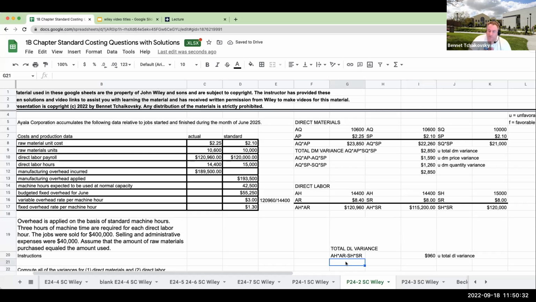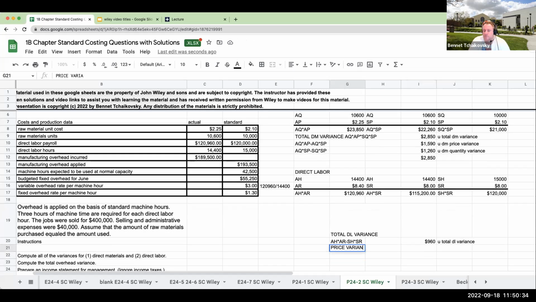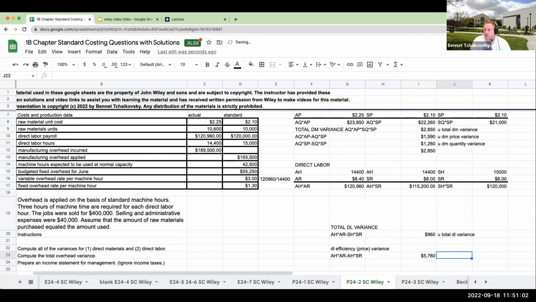So my price variance, or excuse me, my direct labor efficiency is, I'm going to look at the far left value in terms of what I spent. I'm going to compare that to the middle value, which leaves the actual hours constant. And so this is going to give me over here 129.60 minus 115,200. This is going to be an unfavorable direct labor rate/price